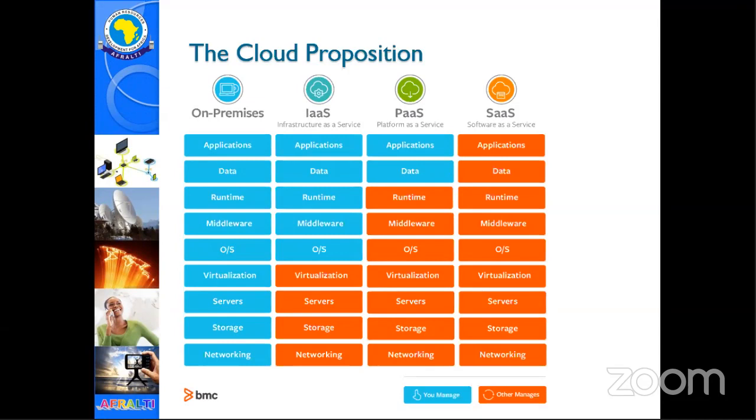So if you're on Windows 2016 and there's a new Windows 2019 that comes up, in a situation where you're using platform as a service, the cloud provider will upgrade from 2016 to 2019 for you without any additional costs on your part.